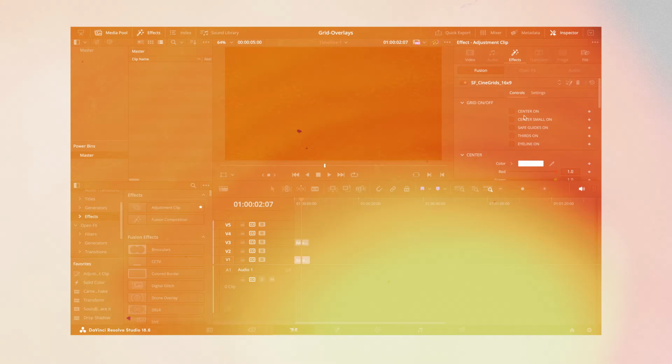Today I'm going to show you a way how you can create your own grid overlays inside of DaVinci Resolve Fusion page, and they will make your life editing a lot easier. The grid overlays that we're going to be creating are the grid overlays that I've shown at the end of my last video. If you haven't seen that and you don't know what I'm talking about, these are the grid